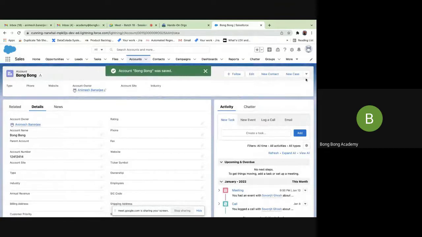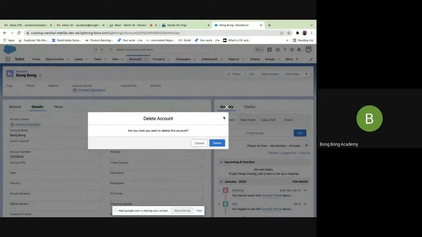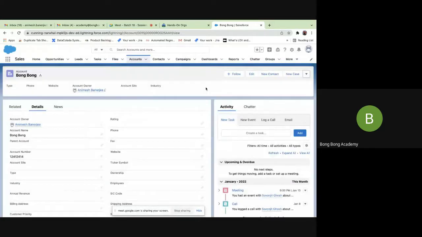If you want to delete it, you can delete. All these are already given by Salesforce. You don't have to do anything. Just by creating a new object, Salesforce automatically gives you all these screens to do individual record operations, one record at a time. So all these screens are already available for you.